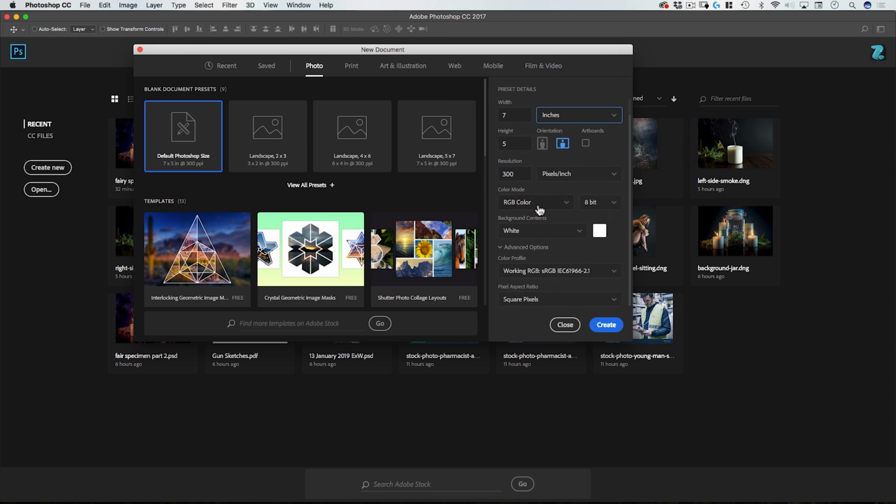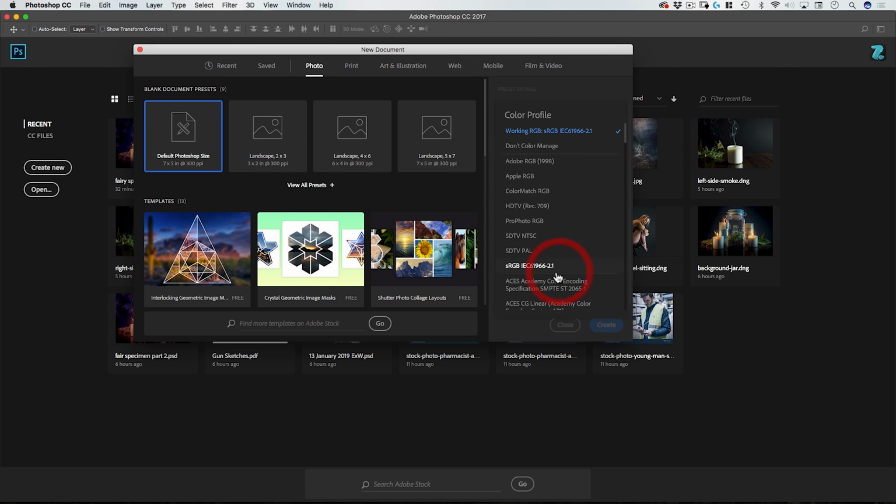The color mode, you have various options here. Anytime I'm doing a photo composite, I'll always use RGB, and I'll generally start with 8-bit. There are cases where you want to do 16 or 32-bit, but I've generally found that they're few and far between. Okay, background, you can either start with white, black, a color, or transparent. I usually just leave that to default.